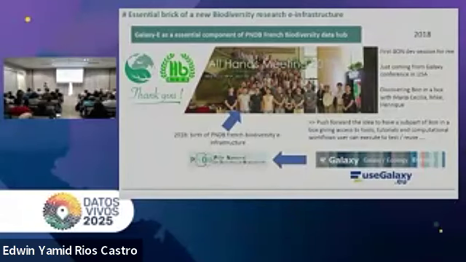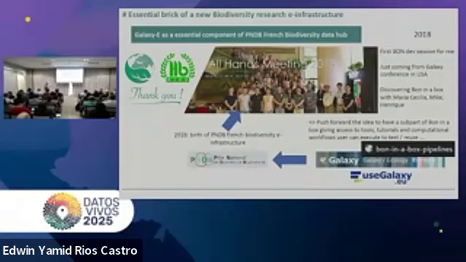And I pushed forward the idea of having something like a sub-part of BON in a Box, because BON in a Box at the origin is more a toolbox to help create biodiversity observation networks, with practice, documentation, protocols, and a lot of information. Also a catalog of tools you can use. But the idea was also to propose something operational, where people take tools and execute them to create workflows or biodiversity metrics. And I think it can be why now we have the BON in a Box pipeline. Well, I say that like that, but I don't know.